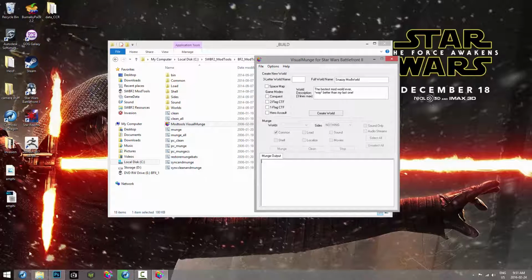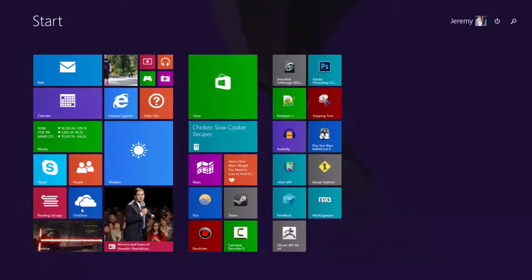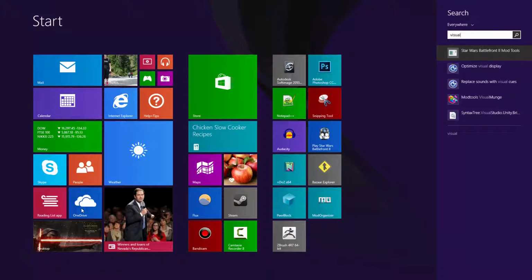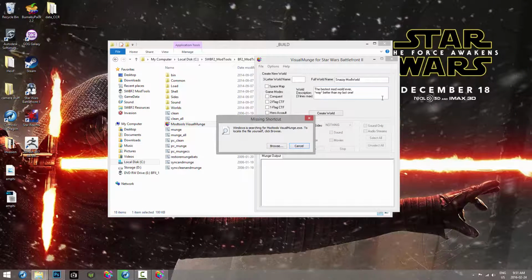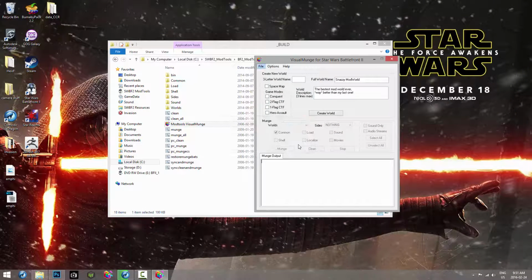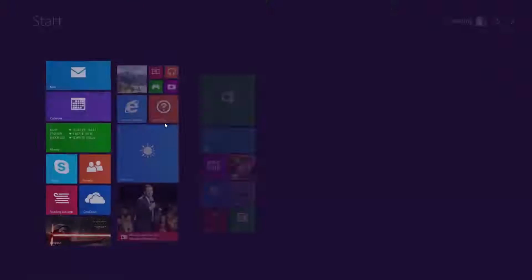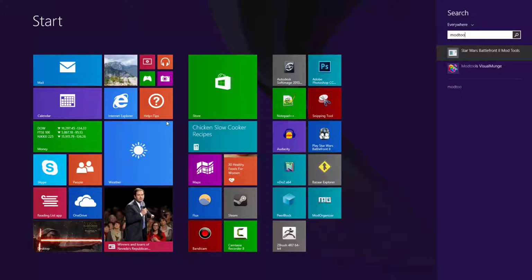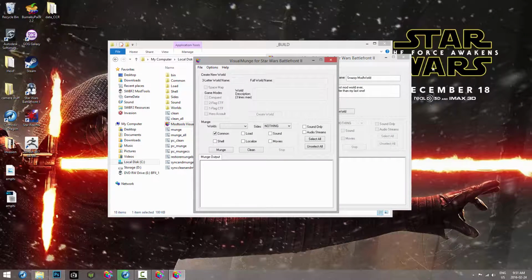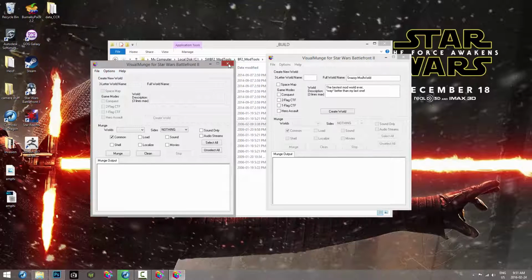So if you were in your start menu and went to visual munge, Battlefront 2 mod tools. Oops. Hang on a sec here. Nope. Yeah, so you see if I try and open it up here,